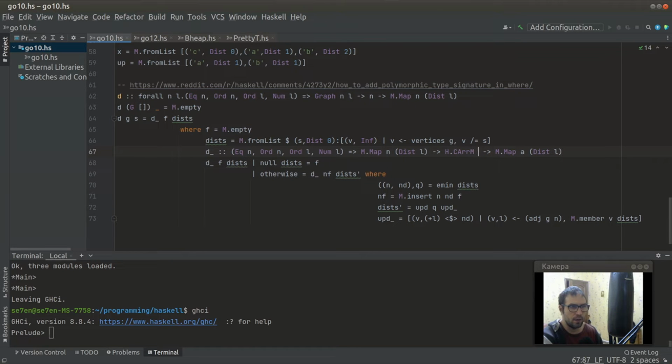and first element, the k here is a distance type, this type with L, and the second argument is our node. Okay, yes, we have some container which contains the mappings from a distance to our nodes